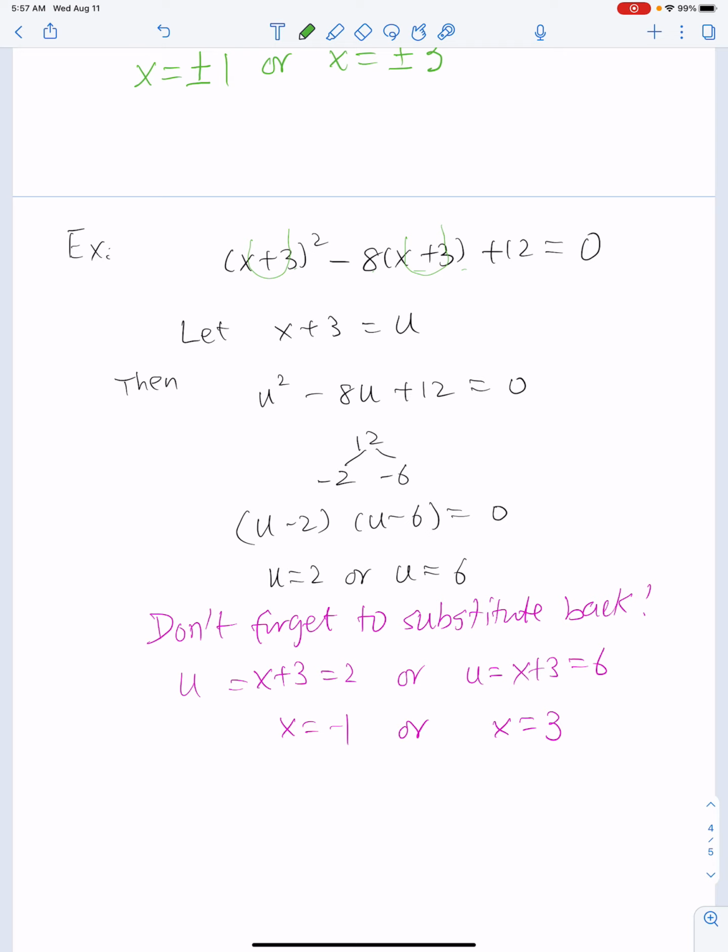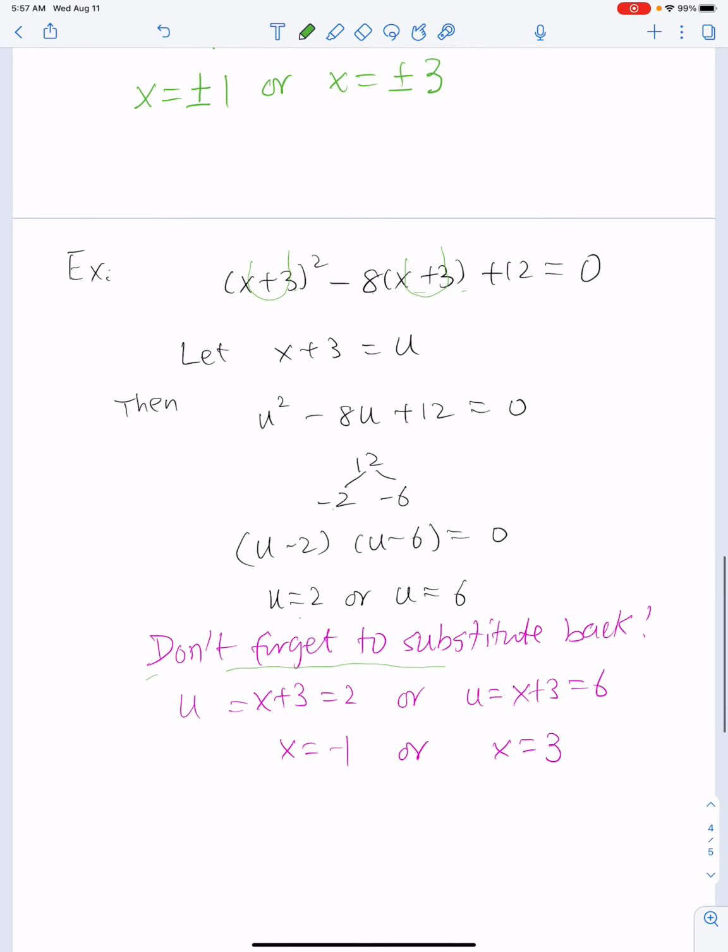That's a typical method. We find negative 2, negative 6 here. Then you find u equal to 2 or u equal to 6. Do not forget to substitute back. And then you find your x value. Okay, so that's the end of